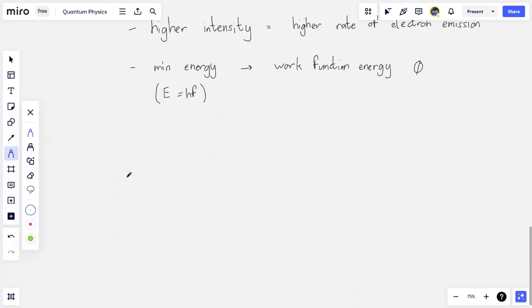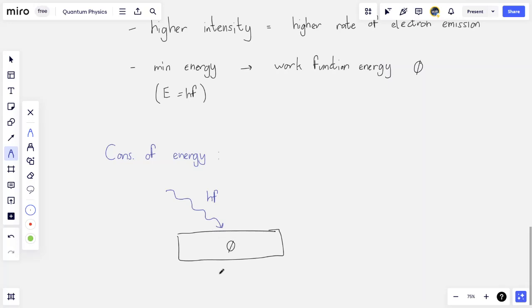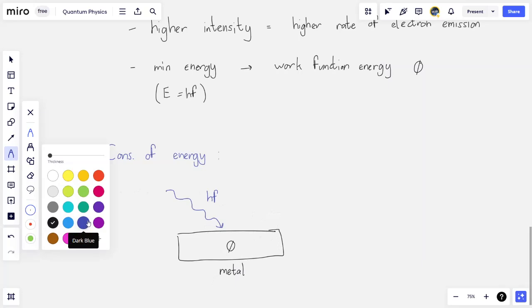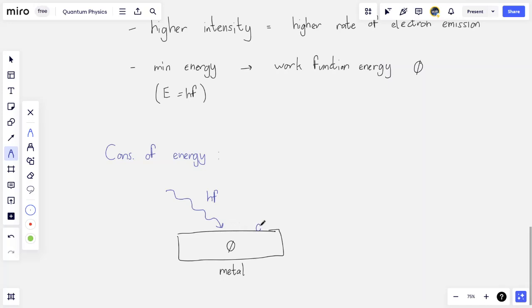So if we were to summarize the effects here using the conservation of energy, again, you can derive these equations in your spare time, but in comes a photon of light, a single particle now, striking some metal and ejecting an electron in the process. The work function of this metal is phi. That's the minimum amount of energy that needs to be given to the metal before an electron is released. And we'll assume that this photon does have that energy, and it has a little bit more. Then what happens? An electron is ejected,